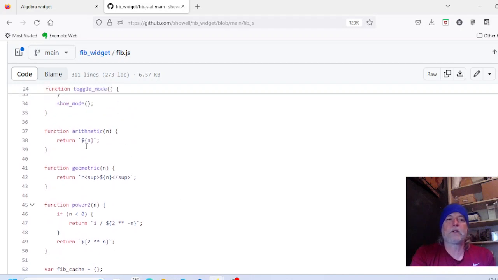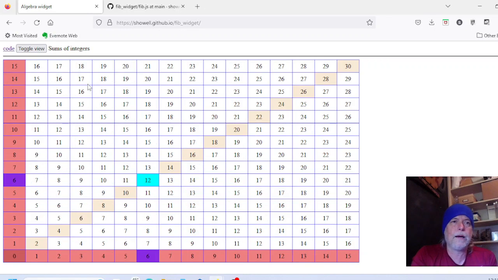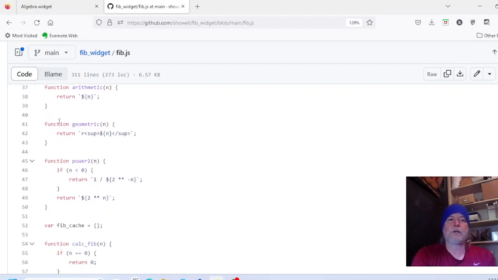And then I start having functions to fill in the boxes. So arithmetic means the arithmetic sequence. I don't remember whether I call it that. Well, sums of integers. These are based on the most basic arithmetic sequence known to man, which is 0 plus 1 is 1, plus another 1 is 2, plus another 1 is 3, plus another 1 is 4. So for arithmetic, when I fill in the box based on n, I literally just return n, and I stringify it. And the geometric function, again, all I'm doing is saying r to the n using the